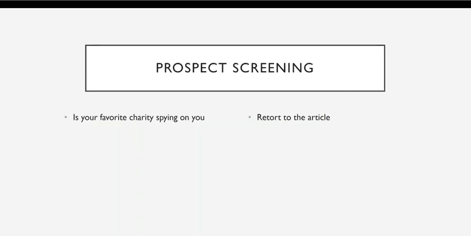Another thing that I want you to ask yourself as you read them is, what is your knee-jerk reaction? One of the things that I find is a lot of times students will have the knee-jerk reaction and say, oh, well, prospect screening is awful. It's bad. It's terrible. But then how many of those same students, if they were set up to go on a date or a dinner date with a donor, how many of them would take time to look at that donor's Facebook page in order to find out some different topics that they could talk about on their meeting?